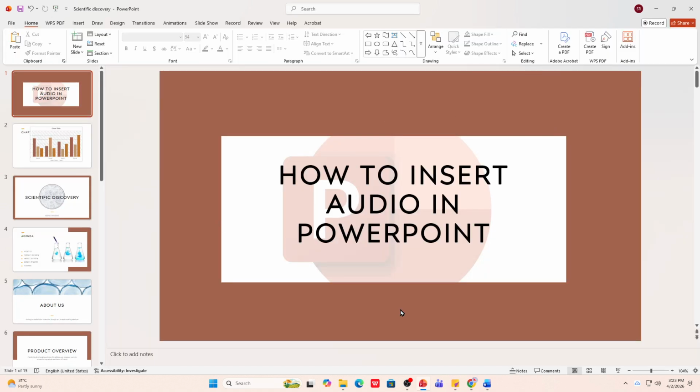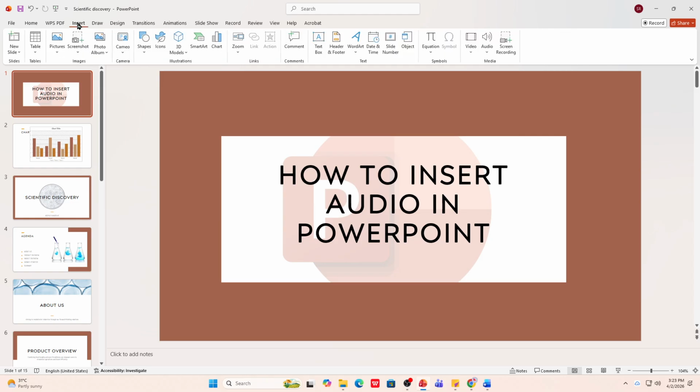Now head to the top menu and click the Insert tab. In the Media group, you'll find the Audio command. Click Audio, and you'll see two main options. Audio on my PC lets you insert an existing sound file from your computer, which is perfect for music, sound effects, or pre-recorded narration. Record Audio lets you capture your voice directly in PowerPoint, ideal for quick commentary without leaving